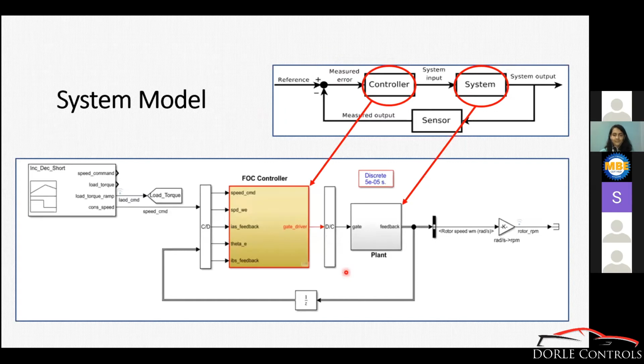Next we can take a look at the motor model. The system model is basically a feedback controller. The feedback controller has a system, a controller, and a sensor. Similarly, we have a plant model as the system, an FOC controller, and the sensor feedback. The sensor signals are obtained from the Motor Control Blockset itself in Simulink. We can take a further look at the plant model.